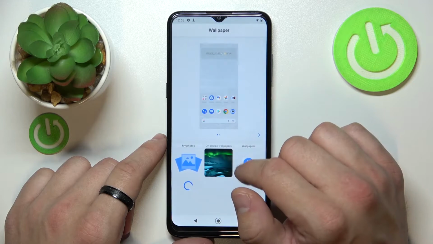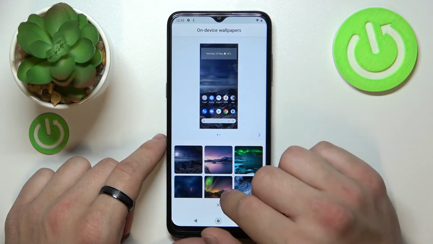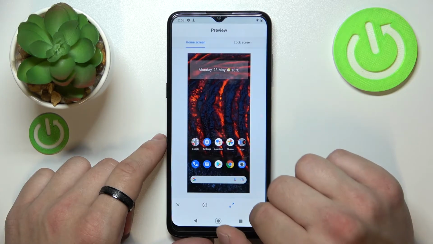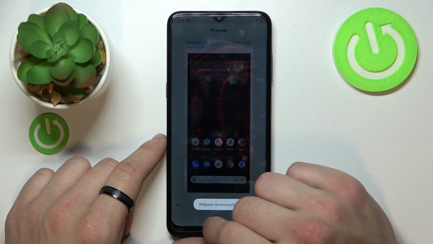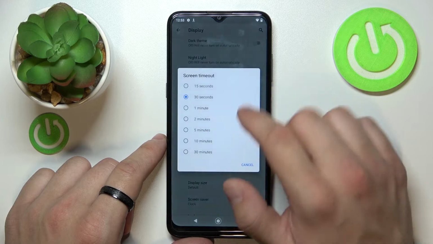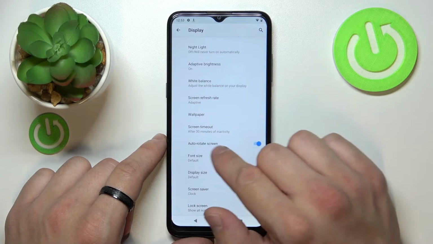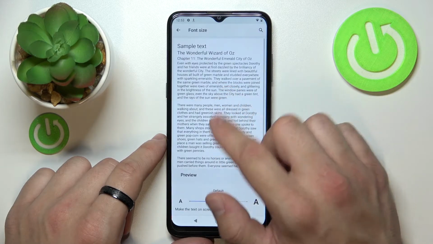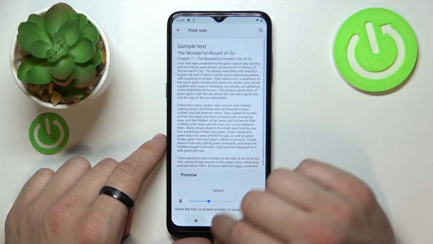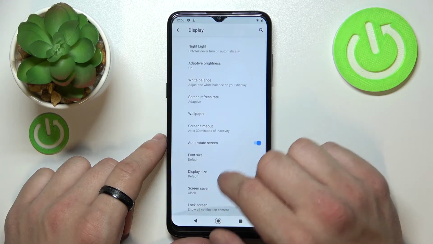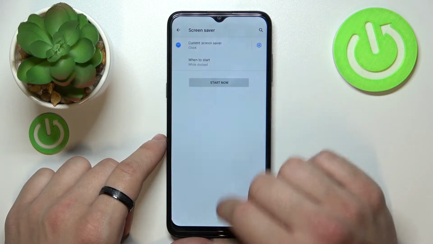Next we can change wallpaper, screen timeout between 15 seconds and 30 minutes, enable or disable auto-rotate screen, change font size, display size, set screensaver,